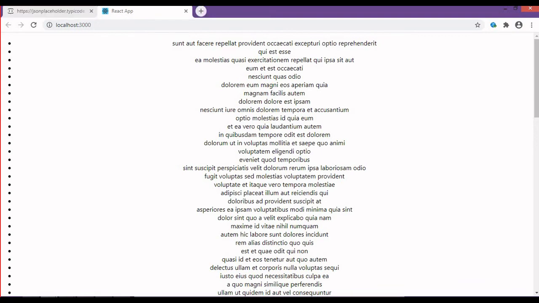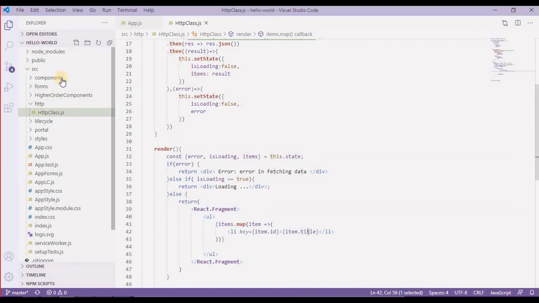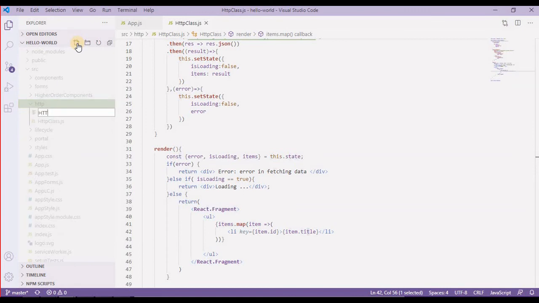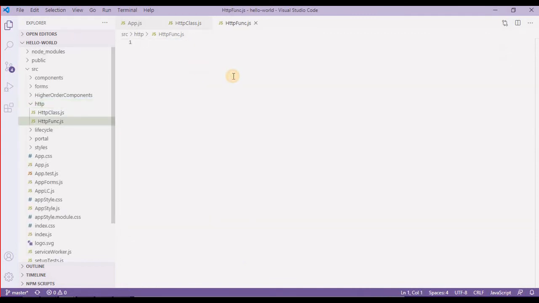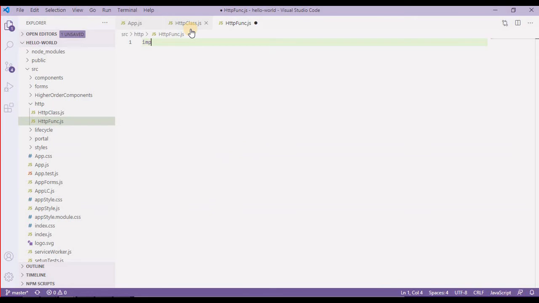So for that I have to use hooks over there. So let's go back to code again, and I'll create the same kind of functionality for a functional component, and I'll take a file over here, httpfunc as name and then .js, and inside this file I'm going to take a functional component. So I will simply import React from React,